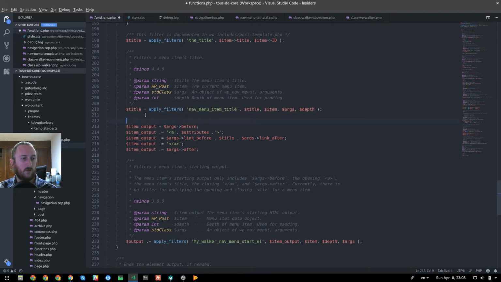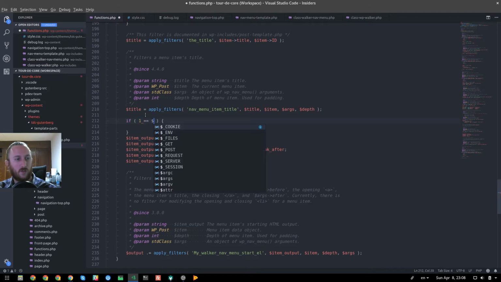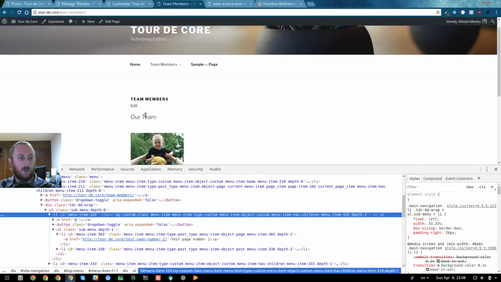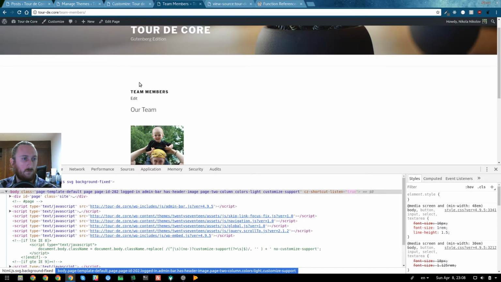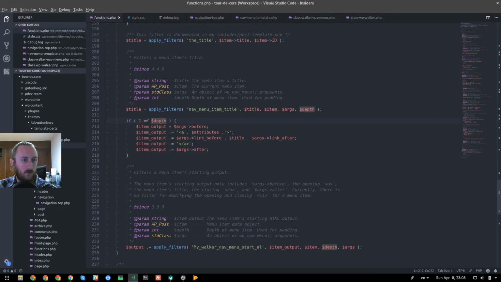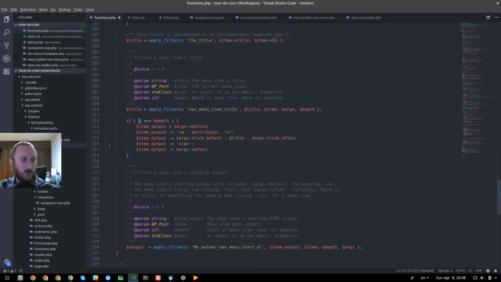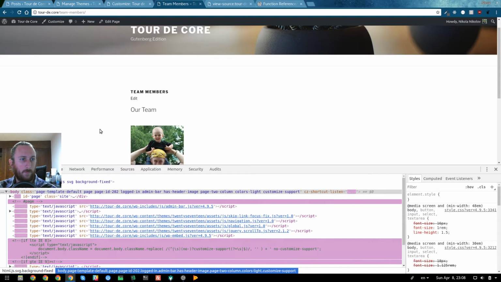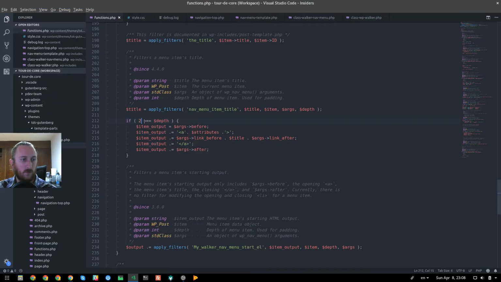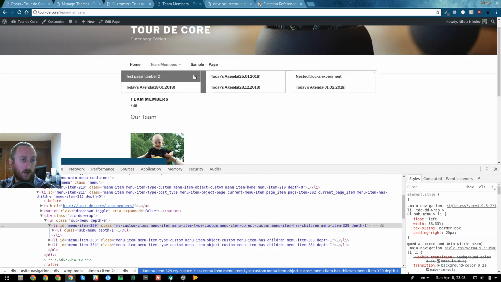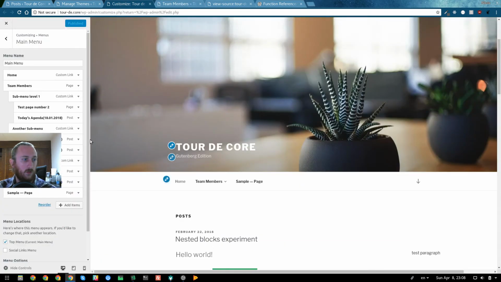If 1 is our depth, don't add the anchor tag at all. We don't need it. Oh, come on. Apparently 1 is not the depth I was looking for. Oh, sorry. So if 1 is not the depth, then go ahead and add it. Otherwise, just ignore it. And what you can see here is now we don't have that column, which in the back end